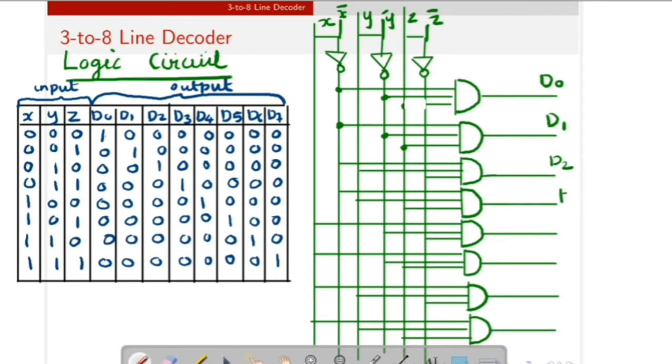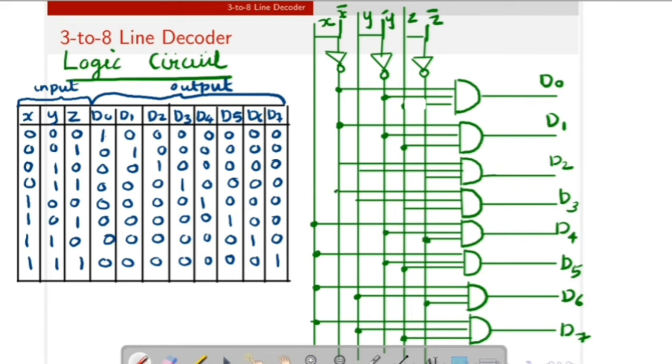That is, this is D3, D4, D5, D6, D7. D7 for X, Y, Z. D6 for X, Y, Z bar. D5 for X, Y bar, Z. Then D4 for X, Y bar, Z bar.